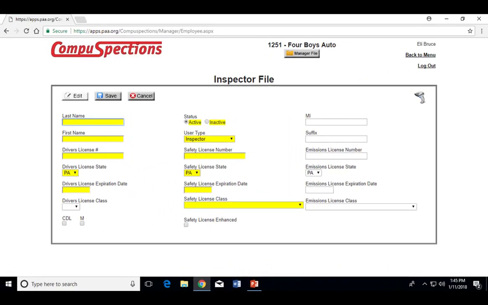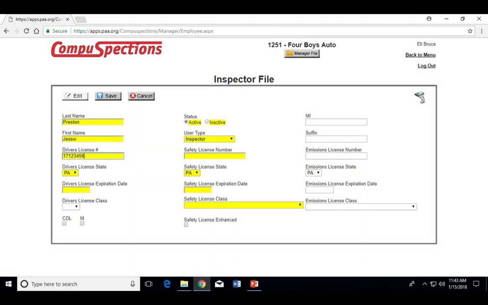When the new page opens, the first thing you'll notice are the yellow boxes. As in every part of the SirpaWeb system, when you see a yellow box, the system is asking for information. These yellow boxes need to be filled in before adding the new inspector. This information being requested is pretty straightforward. All you need to do is enter the information and use your Tab key, not the Enter key, to move through the screen. You'll start by entering the employee's name and then moving down to the driver's license number and